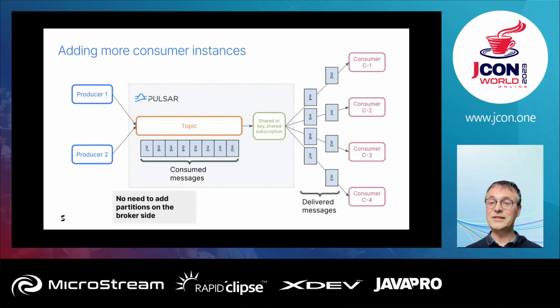With Kafka, when you need to add a new active consumer on the same consumer group, then you need to add a new partition to the topic. And remember, you don't need that to scale out Pulsar consumers. All of that while preserving the ordering guarantee, unlike traditional messaging brokers.